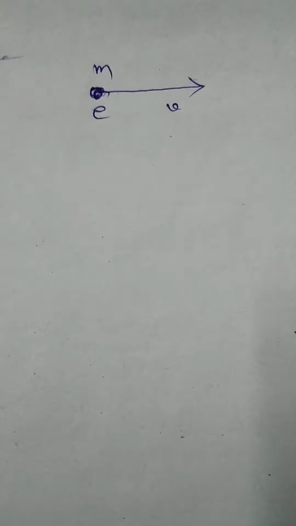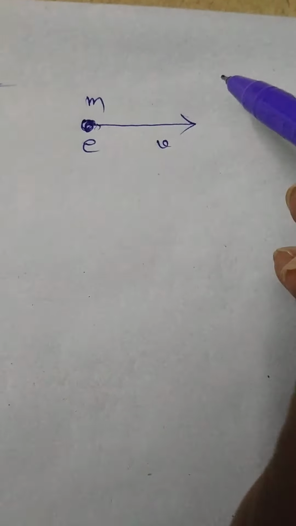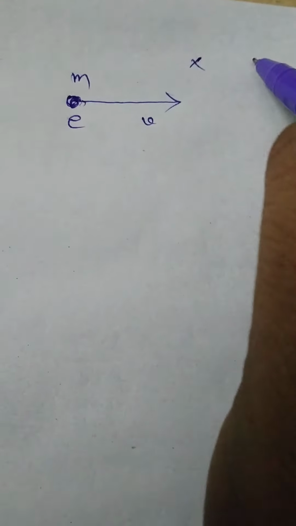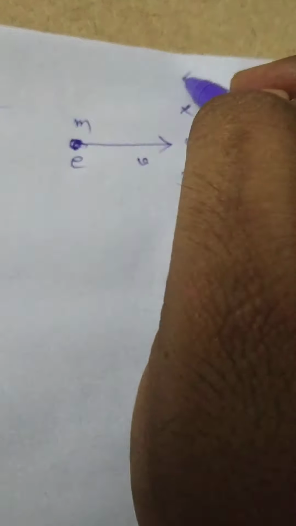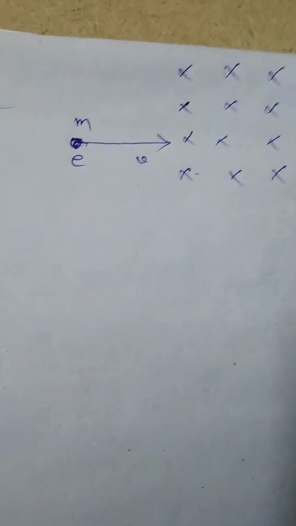Suppose a charged particle like an electron or proton is moving with a velocity v. Mass of the charged particle is equal to m and its velocity is equal to v. Let the charged particle enter perpendicular to the magnetic induction field. This is the magnetic induction field. Magnetic induction field is represented by